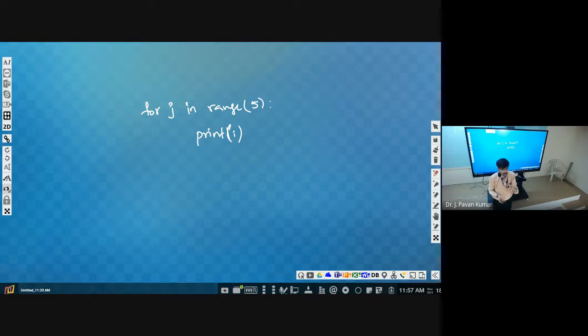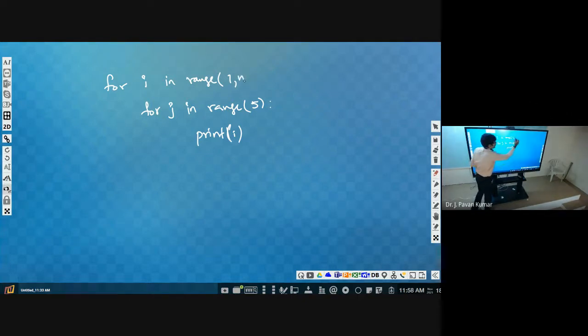So this thing we have to repeat. That's why we are enclosing this in another loop. For I in range 1 up to n plus 1. Why? Because we have to stop at n.